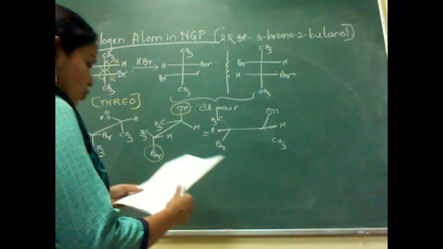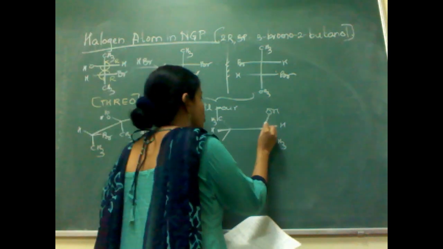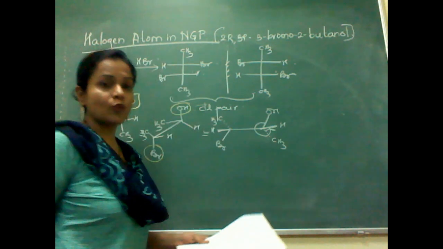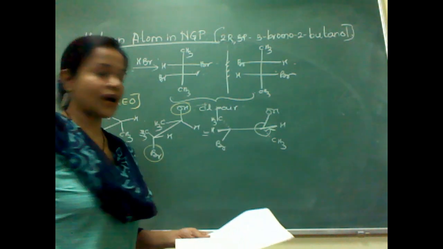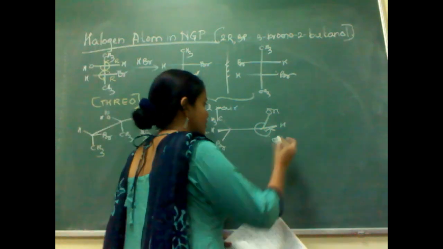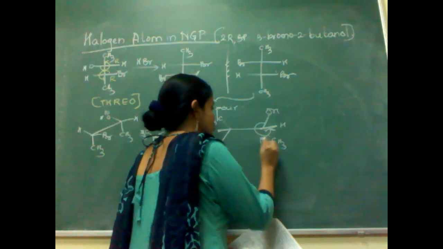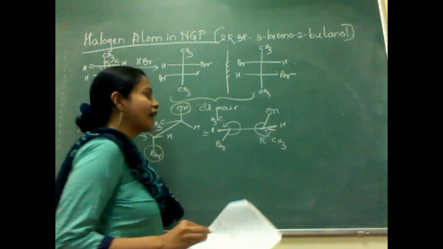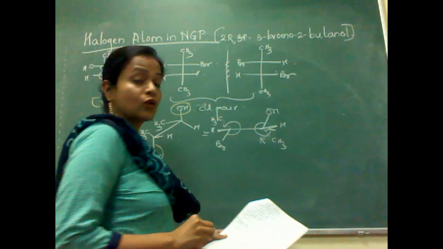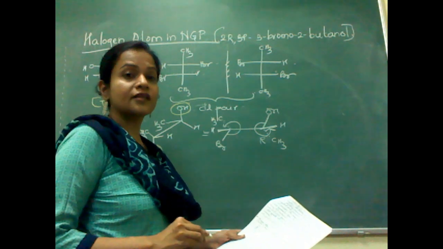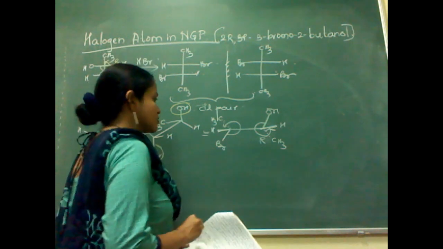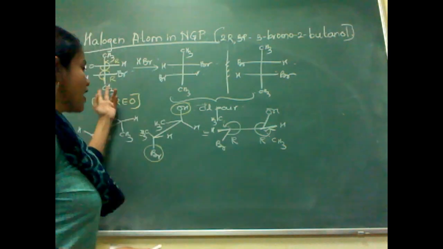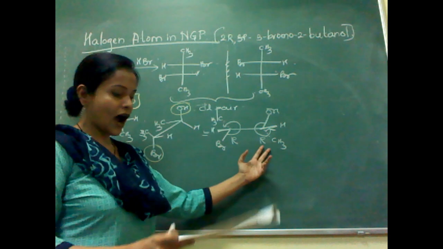So let us try to cross check it. Now the OH group is going in anti-clockwise direction. The group of lowest priority is beta. So that means it is coming towards the observer. So this is R. So the bromo group, again this is going in anti-clockwise direction. The group of lowest priority is beta. So that means it is coming towards the observer. So it is R. So you have started with RR and this is also RR.